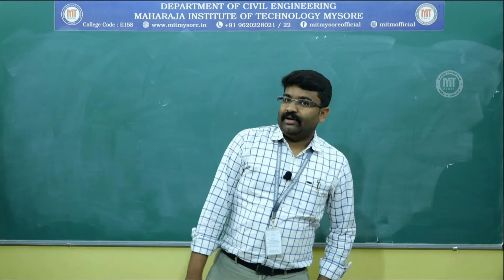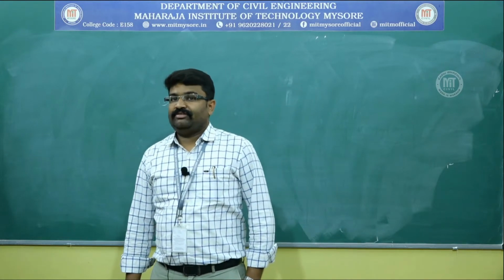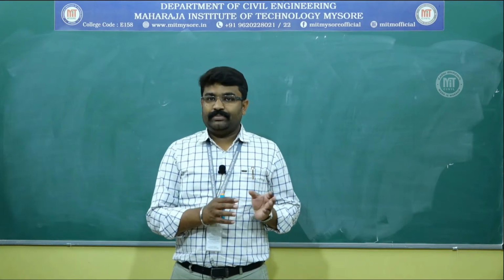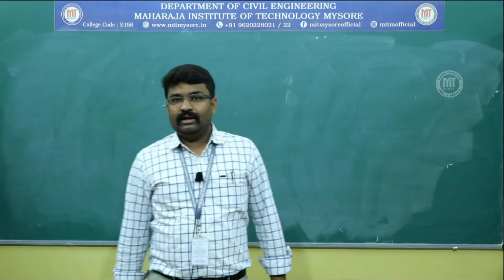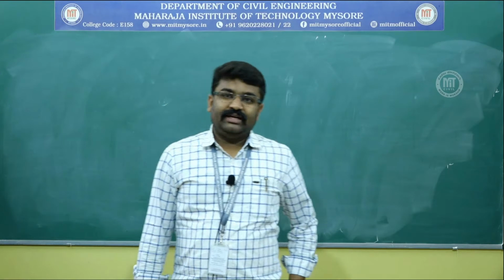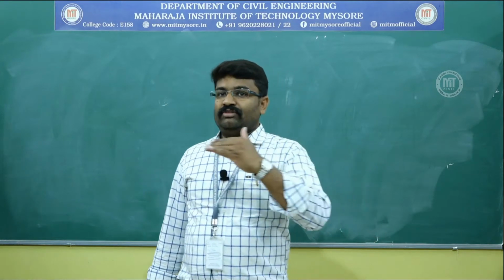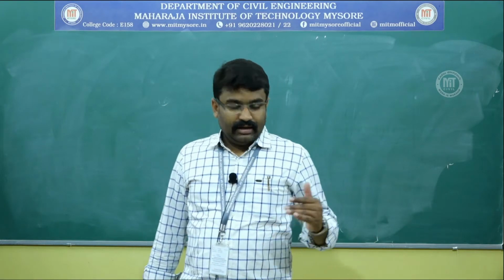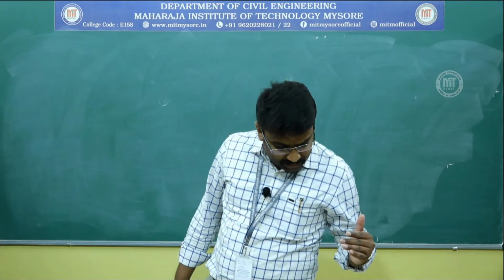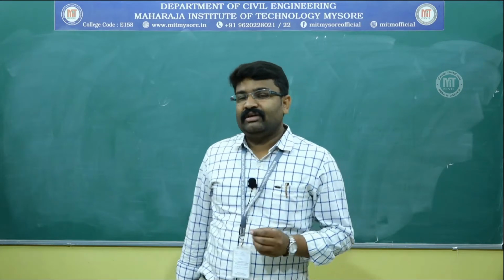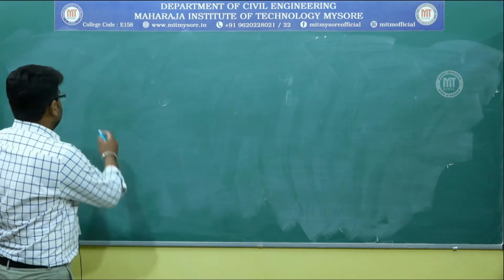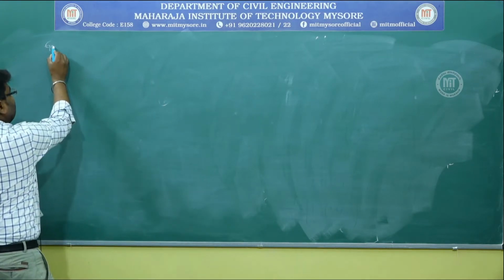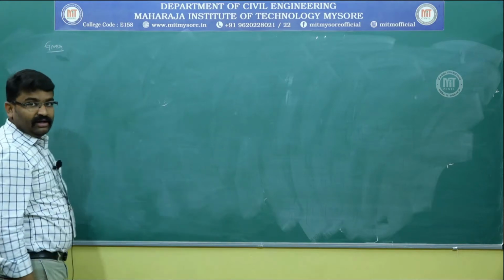An important entry level problem, because a few concepts that I had told you in the previous class will be put to use while solving the numerical problem. Now we have a jet which is coming out of the nozzle at a diameter of, if I am not wrong, 50 millimeter and with a velocity of 40 meter per second. As is our practice, I will first write the given data.